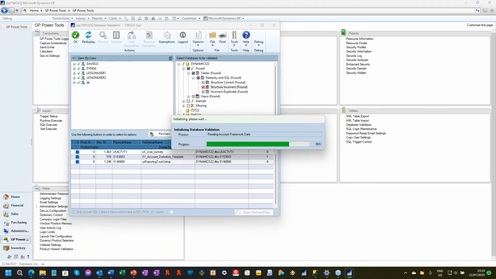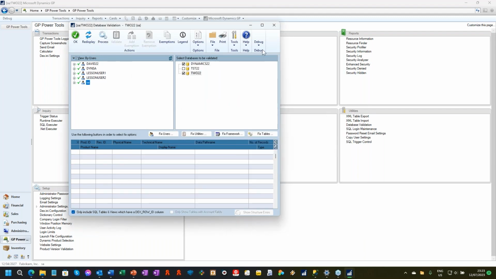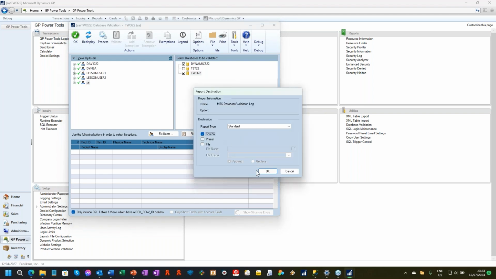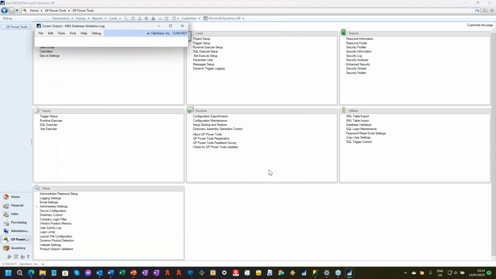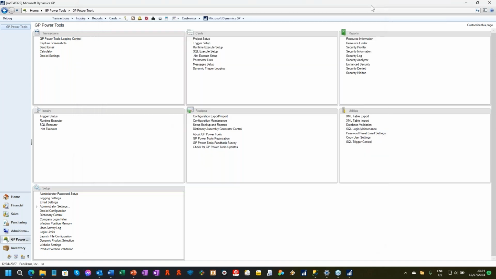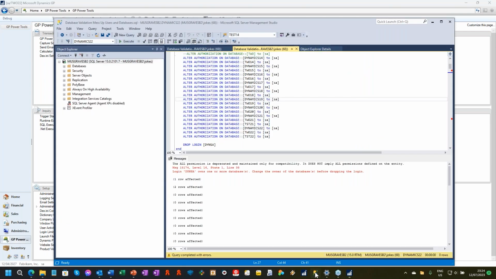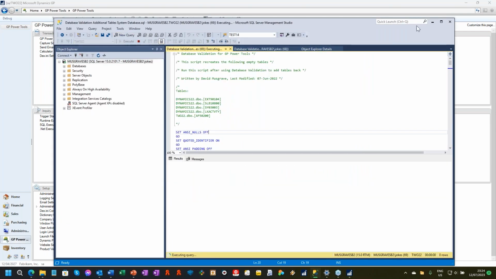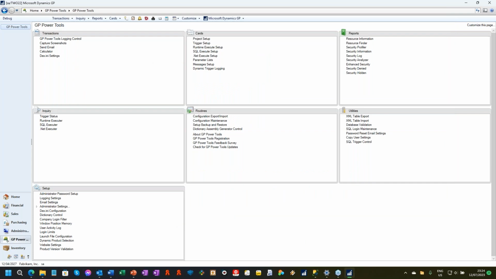And then once we're done, when we exit, we can get a report of all the things it did. So these are all the changes it made. But basically, it fixes up all of the problems that you're likely to have, and it makes life a lot easier. It means that your upgrades, or even setting up demo environments or test environments, is going to be a lot